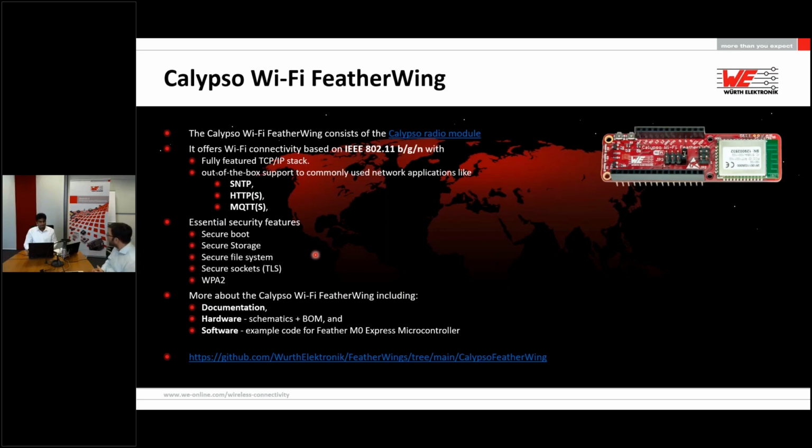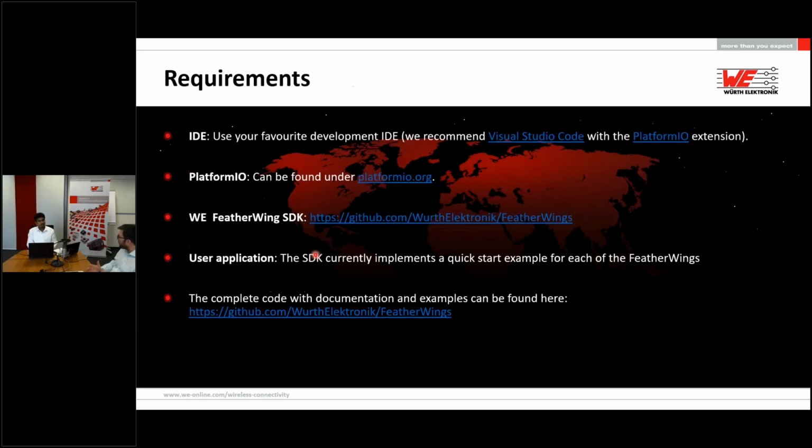Yeah. So can you please give us an example then of the FeatherWing prototyping? And also tell us what the requirements are, what you need to have to start the prototyping. Yeah, it's really simple. You just need the hardware, which is easily available with the Feather format, and then we don't want to make the